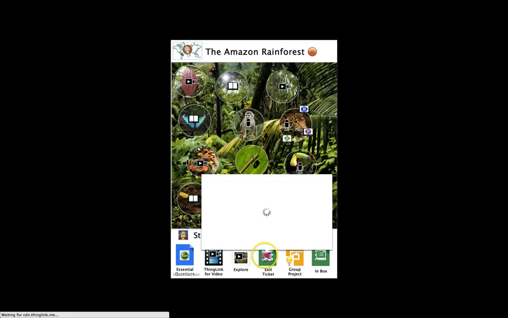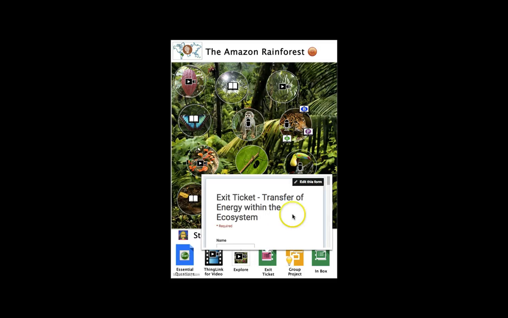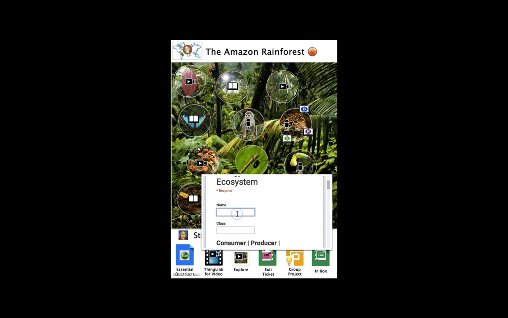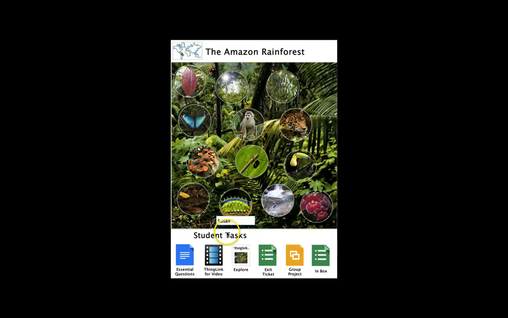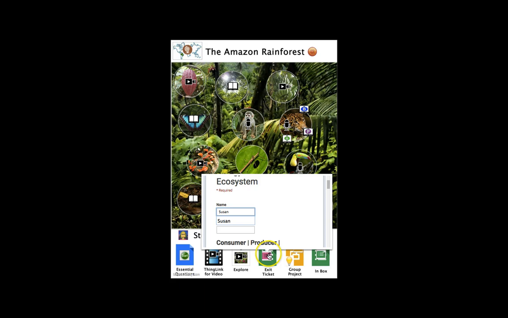The idea with the exit ticket, this is a Google Doc, and this is what all students have to fill out when they're doing this activity. And so as you can see, it's live and on the page, and they can fill it out. It's very simple, and it just answers the essential question. I wanted everybody in the class to be able to tell the difference between a consumer, a producer, and a decomposer. And then if you continue, you'll see that there are some open-ended, higher level thinking questions that students have